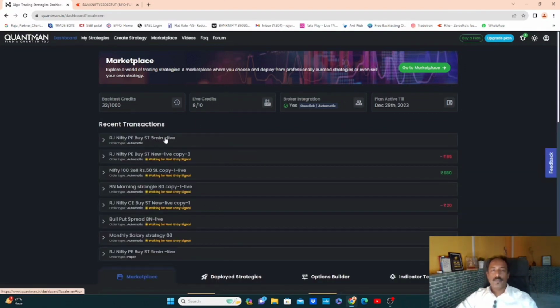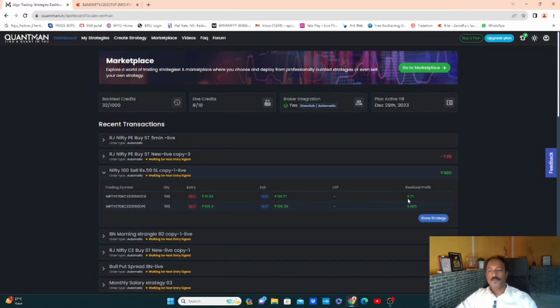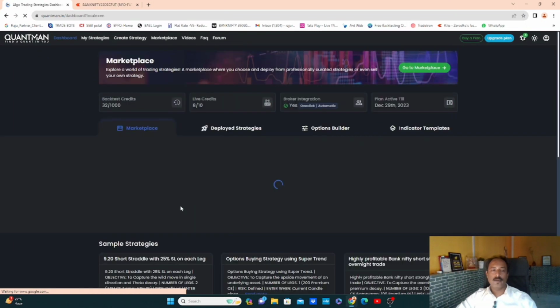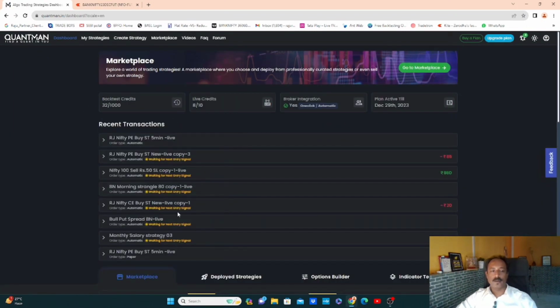So this is a P by 5 minutes and P by new. This is going on, and if the market is bearish, here I'll get profit. If the market is bullish, here I'll make profit. And if the market is sideways, here is one more selling strategy. This also is performing. If there is a sideways movement, I have one more strategy. And if there is an ultra bullish move, you can create n number of strategies. I use multiple platforms for my algorithms. This is only for educational purposes here.